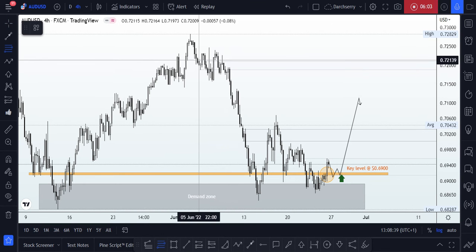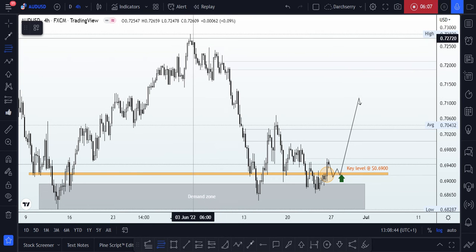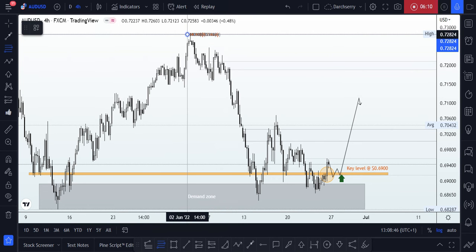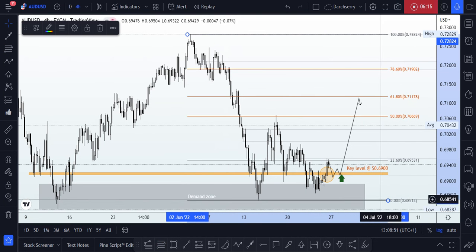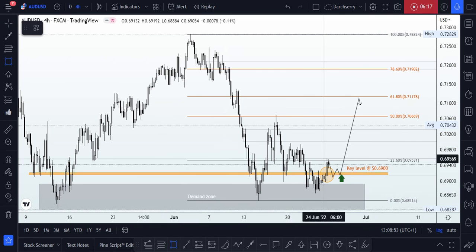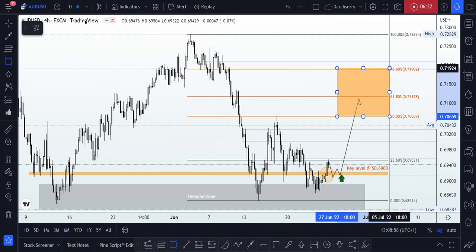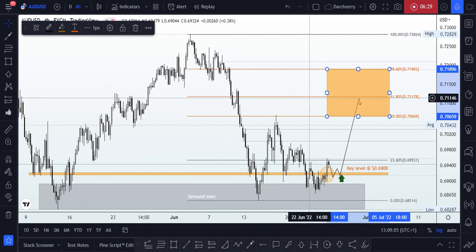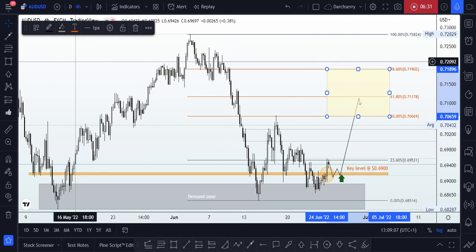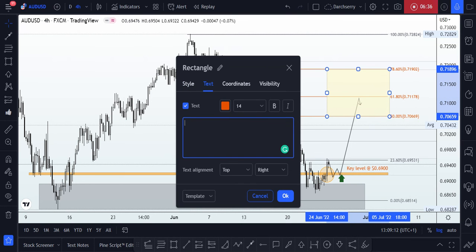So if we bring out our Fibonacci extension tool at this point and we look at the impulse leg that began this month, we run it through that impulse leg, then we should be having our golden zone area sitting right between the 50 and the 78.6% retracement. So we should be having something like this at this point, and let's give this a yellow as usual for take profit target. So we'll label this a take profit target,